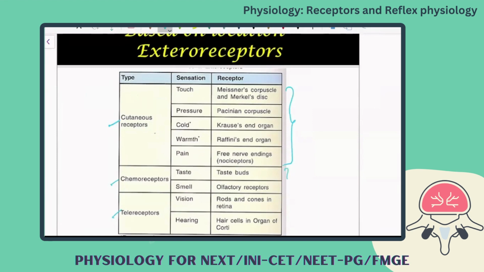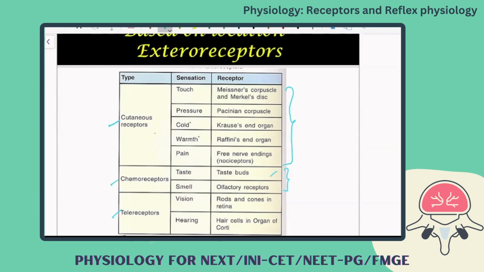And then chemoreceptors, the receptors for taste, olfactory receptors and the taste buds which are present in your tongue. They are carrying the chemical sensations, so they are called chemoreceptors. What taste, what kind of food you are eating, its chemical sense you are sensing. And then olfaction, the presence of chemical substance in the environment that you are sensing because of these olfactory